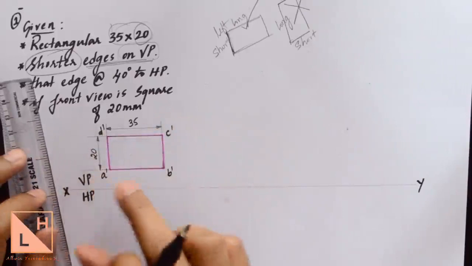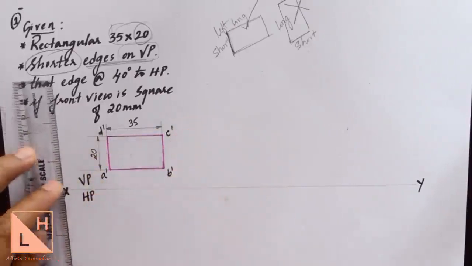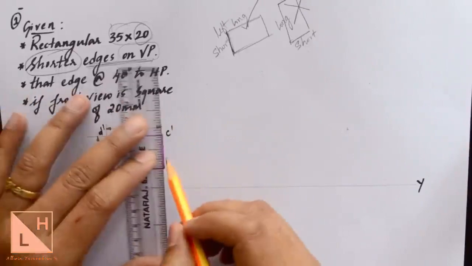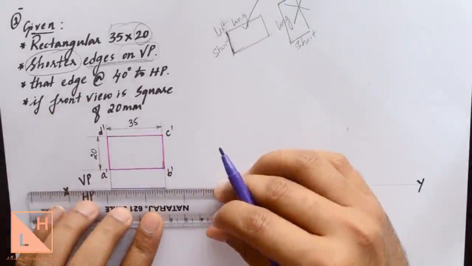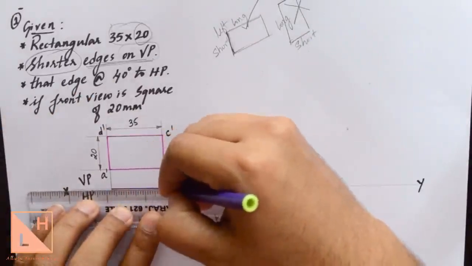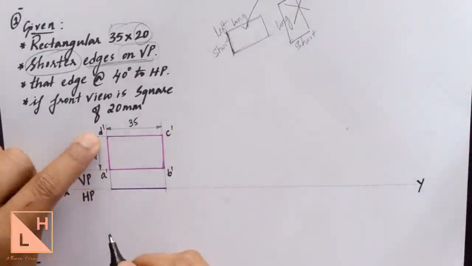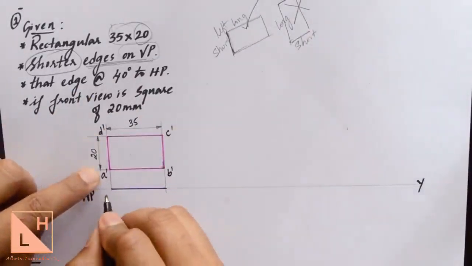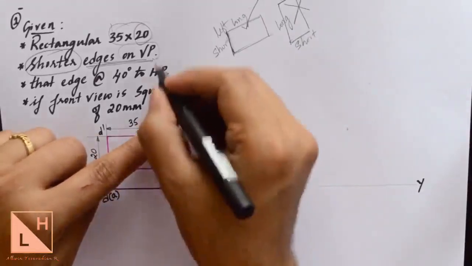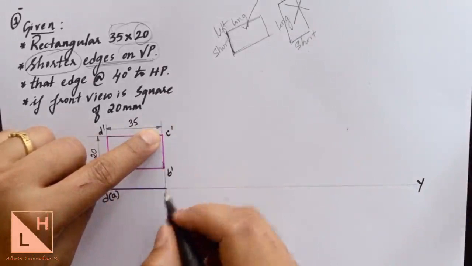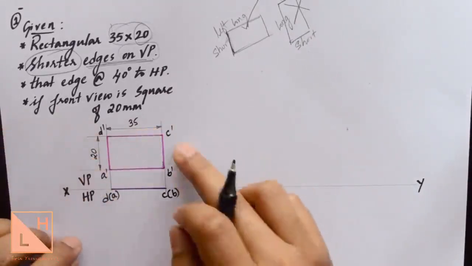Now the front view is completed in the first position. We'll draw the top view by dropping the projection lines to the top view. Make sure you darken the top view with a dark line. Now the names: seeing from the top, the first point will be D, and after D you will have A. So write D outside the bracket and A inside the bracket. Same way here, seeing from the top, the first point is C, next is B. Now the first position is completed.